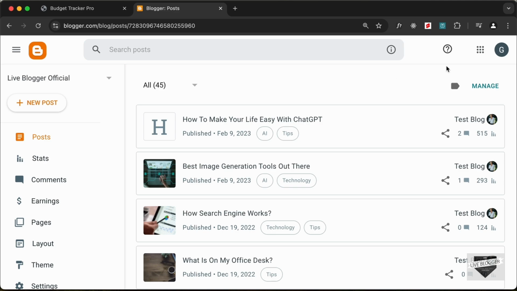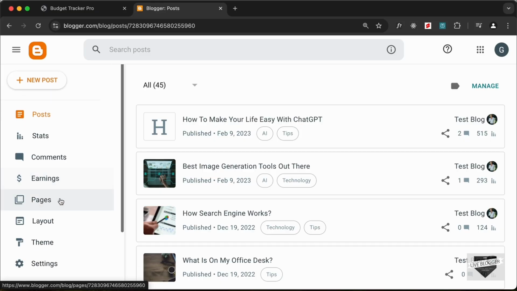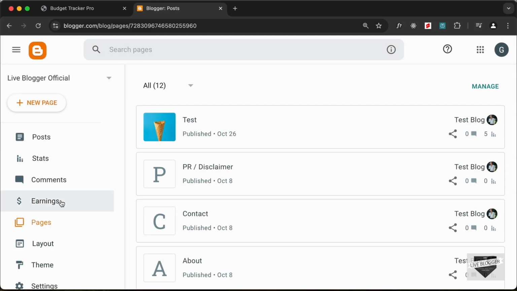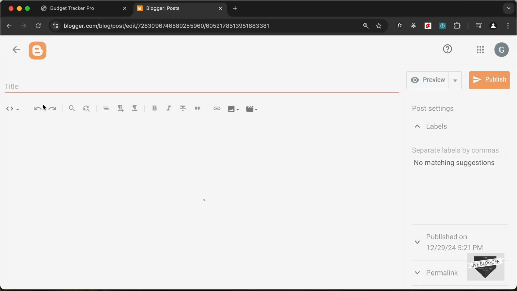Right, here I have logged into my Blogger dashboard, and we can add this to a page or a post. So if you want to add it into a page, you can just go over here to pages and click on new page and then add the code over there. But I'll just go over here to posts and let's click on new post, and let's add our code inside a post. So I'll just set the title to budget tracker,